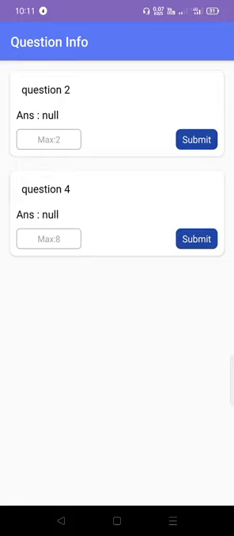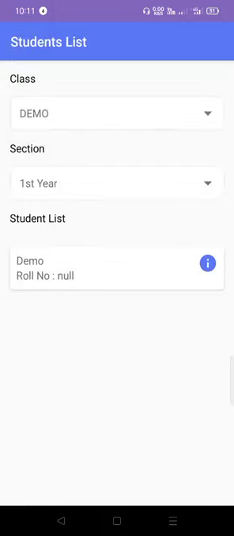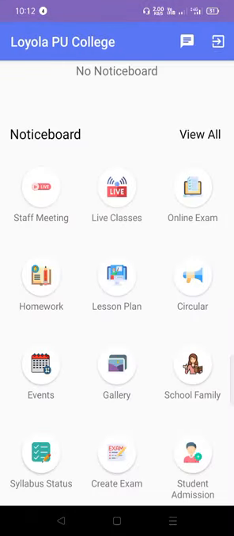All you have to do, you see the maximum marks is 8. That means you can give a maximum of 8. You can only give marks if the student attempted the question, because currently the student has not attempted any question, so you are not able to give marks. When you are providing marks, just click on the add marks button, and click on submit for every question. So that's how you can give marks for subjective questions. So this is done with the online exam.